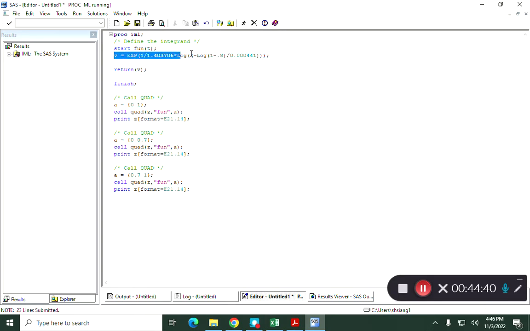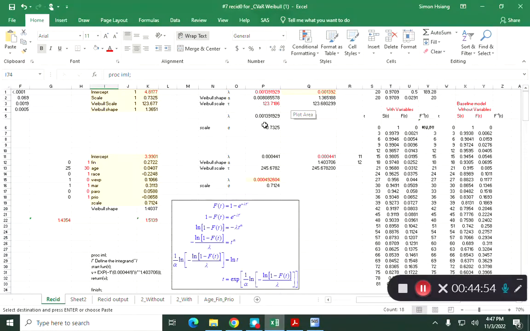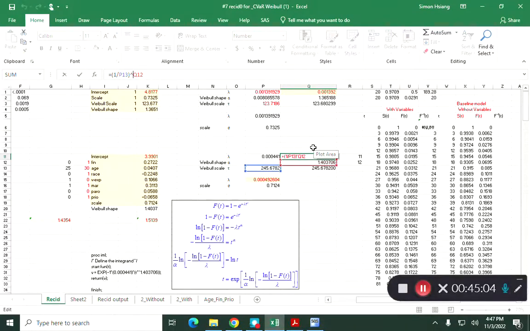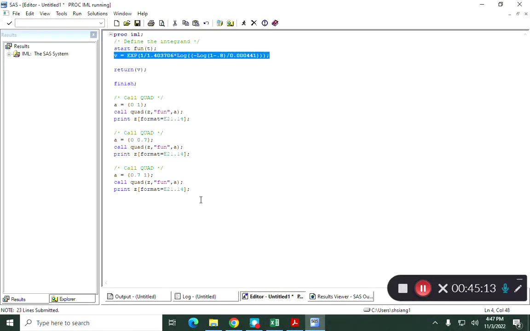first copy this, and this is where the parameter is coming from. The parameter is from this table, right? 0.441, and we need a 0.441, okay? And we need the shape parameters. Okay, and so